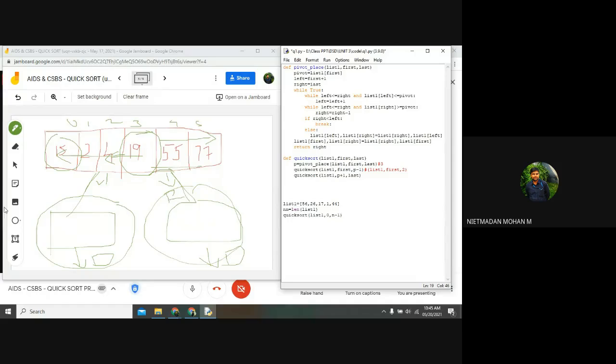And here you can see this is my list. A new list has been created, 0, 1, and 2. Here the sublist will remain the same, and the first value will be my pivot value. So this is my pivot value, and the left value will be my first plus 1. So this is my left value. And now the right value has been changed here. That is 2. So this will become my right value, right? Are you getting this point?